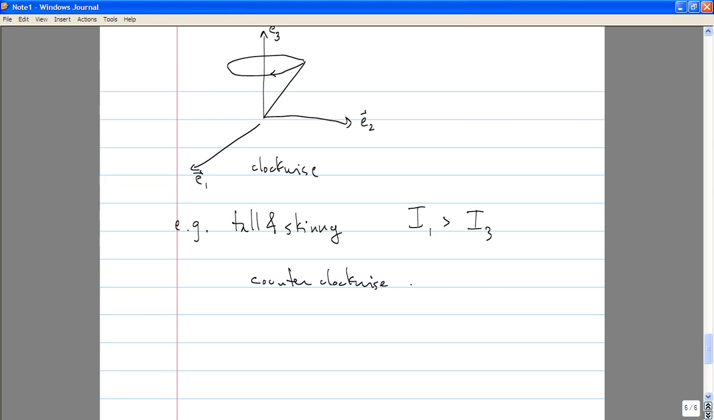I should come up with a different example of someone who's tall and skinny. Barack Obama, he's tall and skinny. Okay. Now, I should point out that this precession of a symmetric top is of more interest than simply the behavior of Danny DeVito